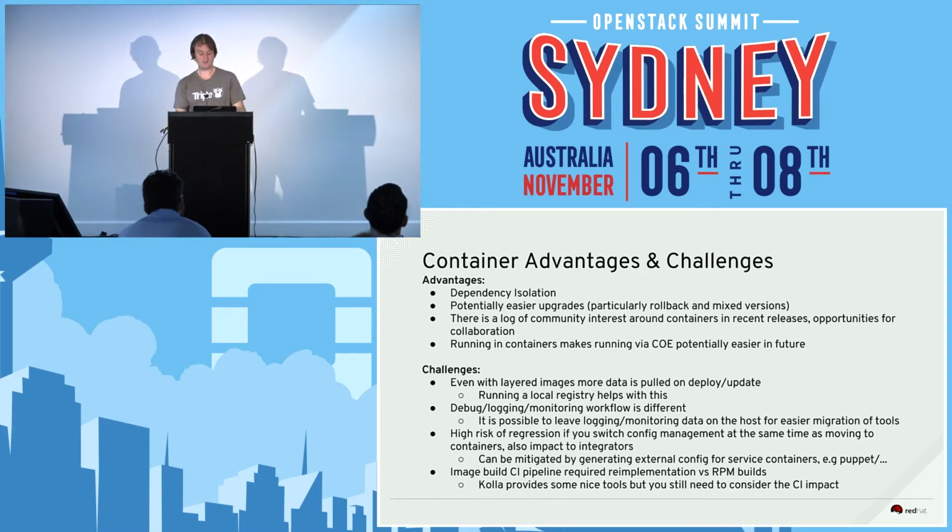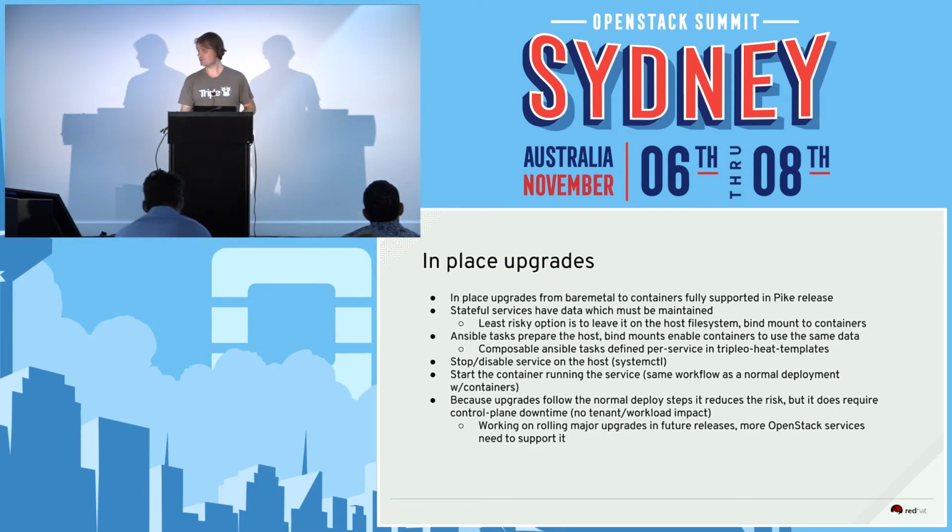The other thing which we ran into was the image build pipeline. That's a bit different to building RPMs, and you need to either do periodic rebuilds of everything or know which things to rebuild when a certain thing contained in the containers changes. Kolla provides some nice tools which we're reusing in the upstream OOO CI, but it's definitely something you need to bear in mind, that your CI pipeline is going to look a bit different when you're rebuilding container images rather than consuming packages. The other challenge, which Yada has already mentioned, is in-place upgrades.